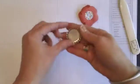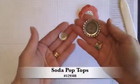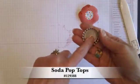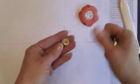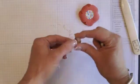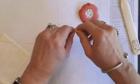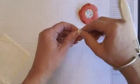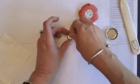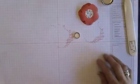The soda pop tops come in 2 sizes. They're in the Spring 2013 catalog. You have your 1-inch circle soda pop top, and this one is a 1/2-inch circle. So what I'm going to do is put a Stampin' Dimensional inside, and I'm actually going to go ahead and peel off the bottom and the top of the dimensional. That will be easier. And I'm just going to stick that right in the bottom of the